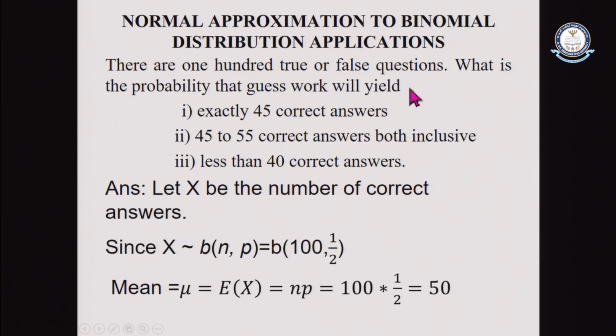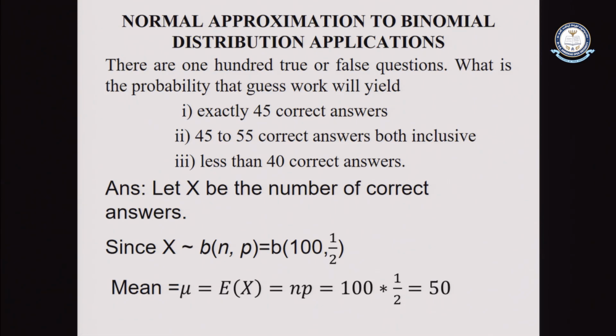In converting this, the sample size should be very high, and at the same time the probability should be very small. This is the basic fundamental principle for converting discrete distributions to the normal distribution. So I am going to explain one example. There are 100 true or false questions. What is the probability that guesswork will yield